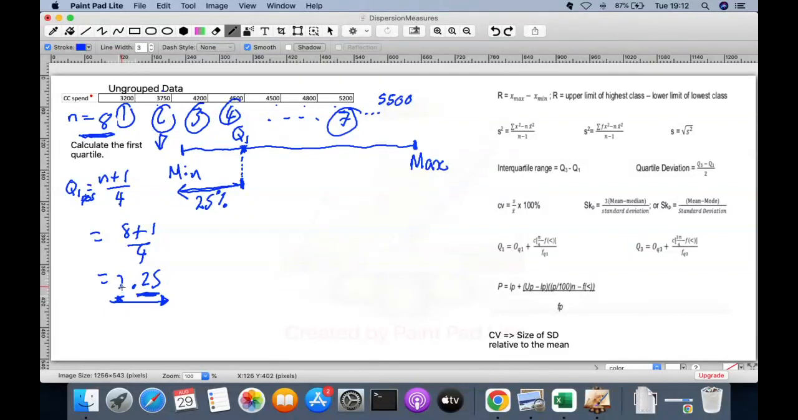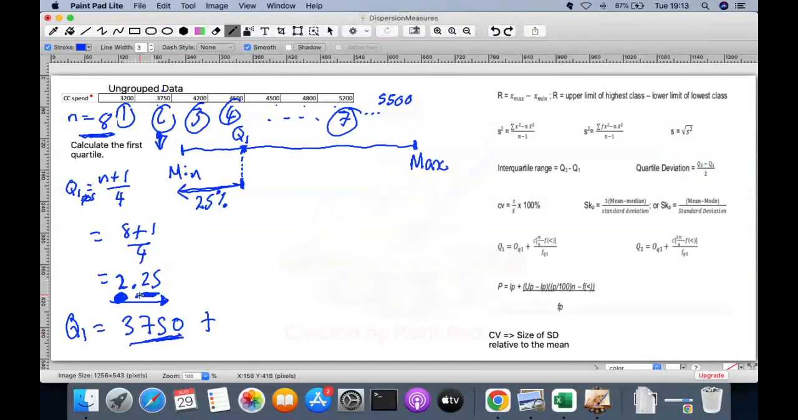The number in front of the decimal, the 2, tells you to look at position 2, which is here, which is 3750. So your Q1 is equal to the second number, that's what's in front of the decimal, which is 3750. Because that's the second number here. It's a 2, so we look at the second number. If it was a 3, let's say it's 3.25, then we would look at the third number. Because it's 2, we're looking at the second number, which is 3750, and then we're going to say plus,